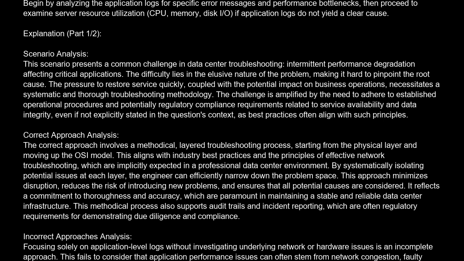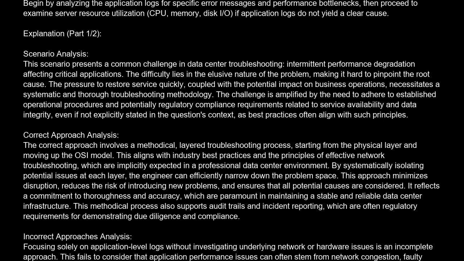Explanation. Scenario analysis. This scenario presents a common challenge in data center troubleshooting: intermittent performance degradation affecting critical applications. The difficulty lies in the elusive nature of the problem, making it hard to pinpoint the root cause. The pressure to restore service quickly, coupled with the potential impact on business operations, necessitates a systematic and thorough troubleshooting